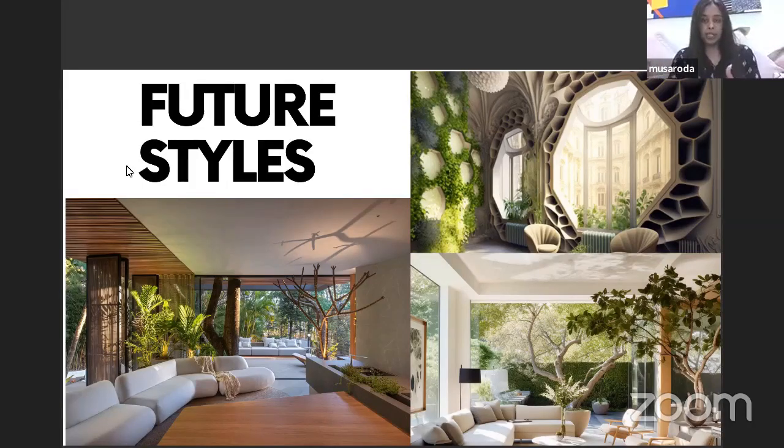Biophilic design, which is kind of shown here in some ways, is a growing trend in interior spaces, where companies like Abode Living are creating a line of furniture designed to promote health and well-being for people. Since we're becoming more and more health conscious, people want to translate that into their home as well.